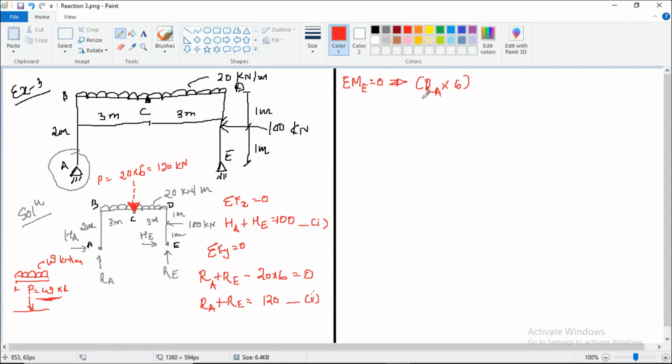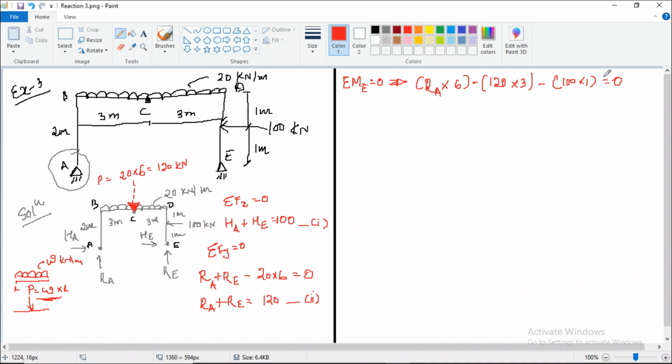Then we have another force, which is the UDL load. So the point load we have already converted, so it will be 120 multiplied by distance. So now from this C point, the distance is given, that is 3. This will be going anti-clockwise, so minus, and we have a 100 kilonewton force also, so 100 multiplied by distance is 1, and again it is anti-clockwise, so minus will be equal to 0.